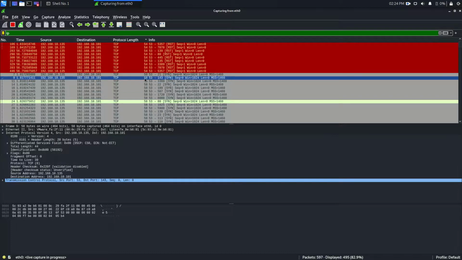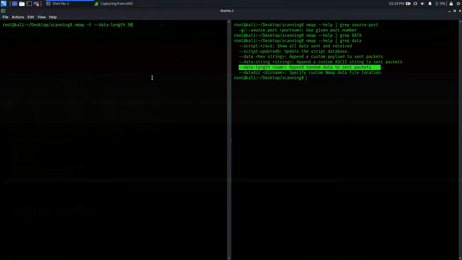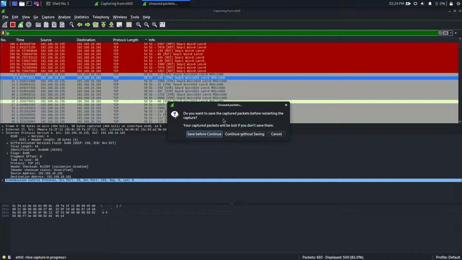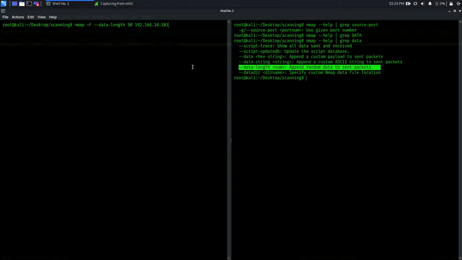If I add 50 more bytes, it should be 108, right? Okay, and just put the target IP 10.101, and let's start it again and hit enter,